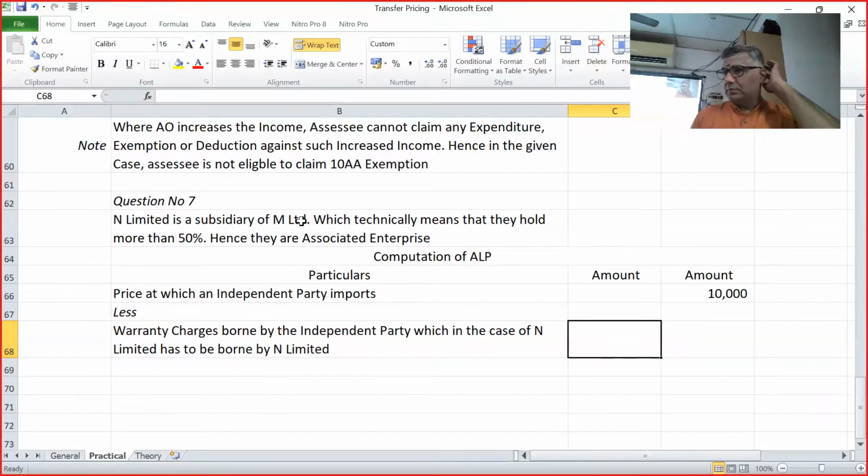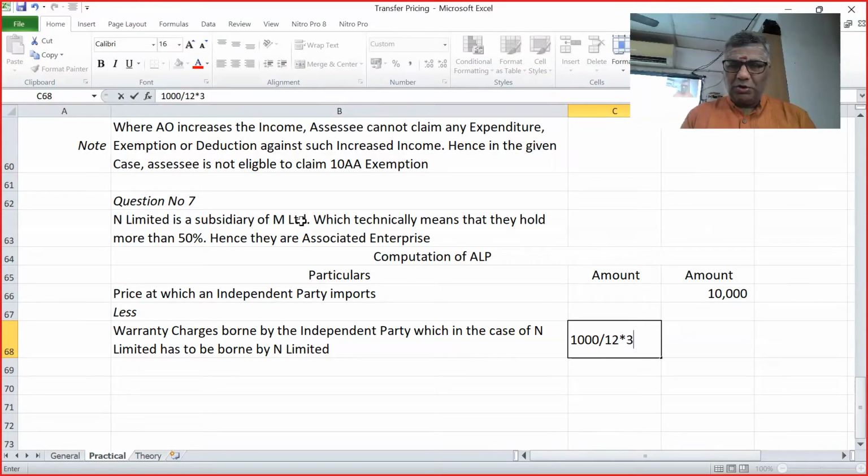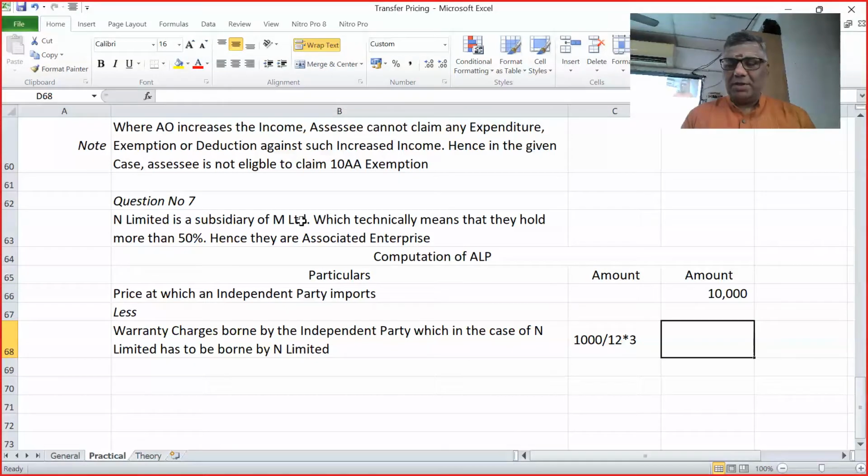How much is that? 1,000 per month. So 3 months. So 1,000